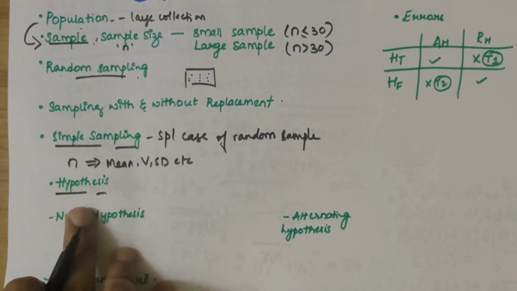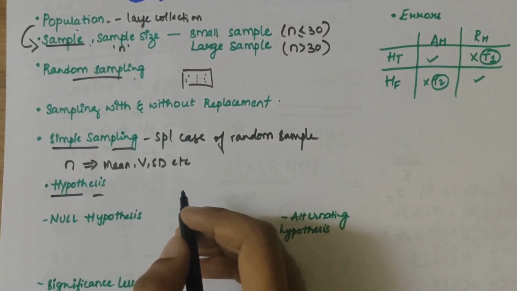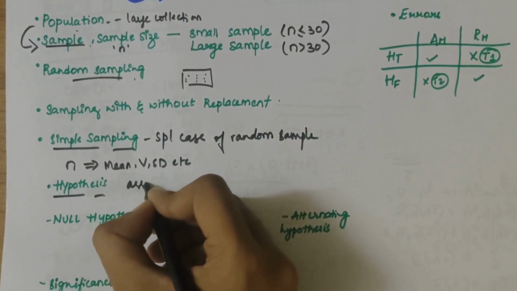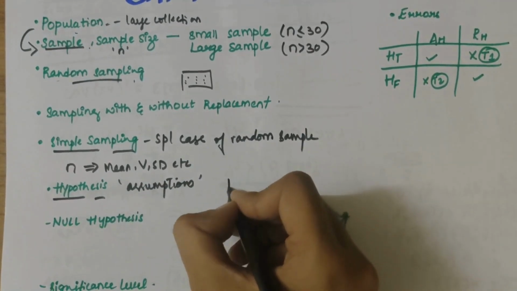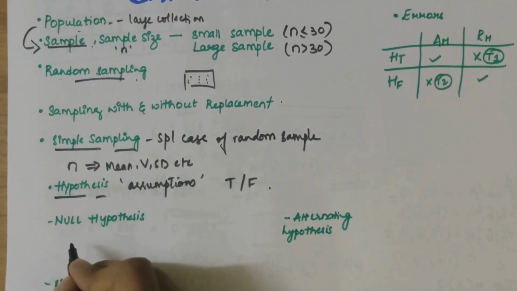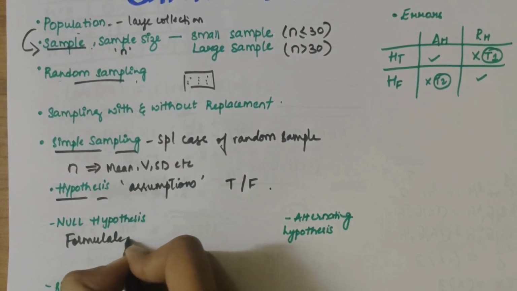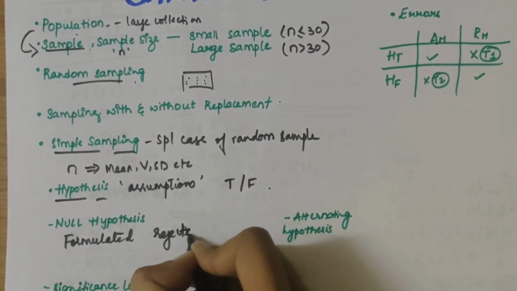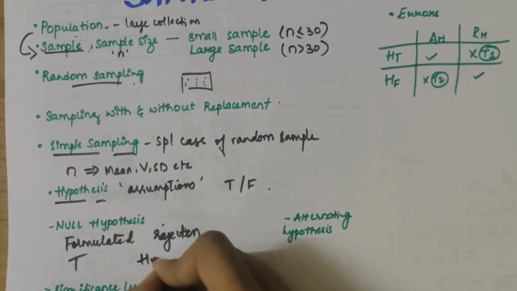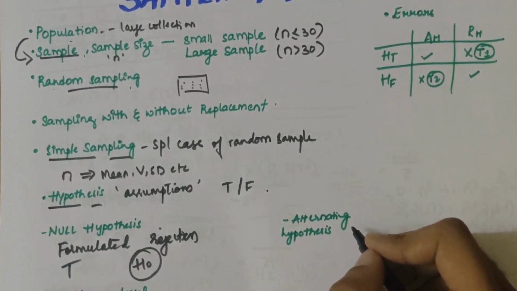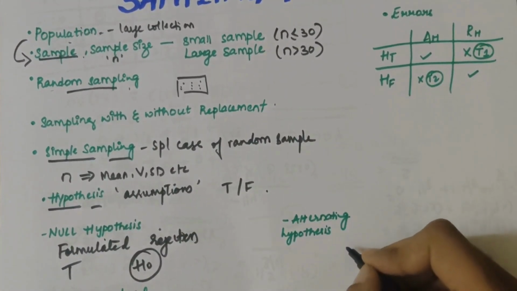Next we have hypothesis. In order to make a decision regarding the population using a sample of the population, we make some assumptions. These assumptions are called hypotheses. They could be true or false. So we have the null hypothesis. The null hypothesis is formulated for the purpose of rejection under the assumption that it is true. It is denoted by H0. Whereas the alternative hypothesis is complementary to the null hypothesis,